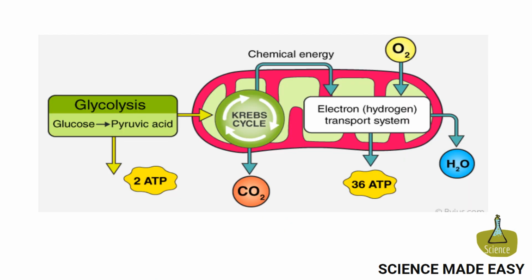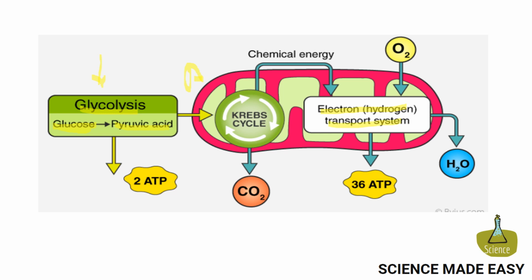And in this particular diagram, you can see that the starting point of cellular respiration was glucose, which is converted into pyruvic acid by the process of glycolysis, and which then leads to the Krebs cycle. The link between glycolysis and the Krebs cycle was acetyl coenzyme A, and the Krebs cycle again yields chemical energy in the form of NADH and FADH2,